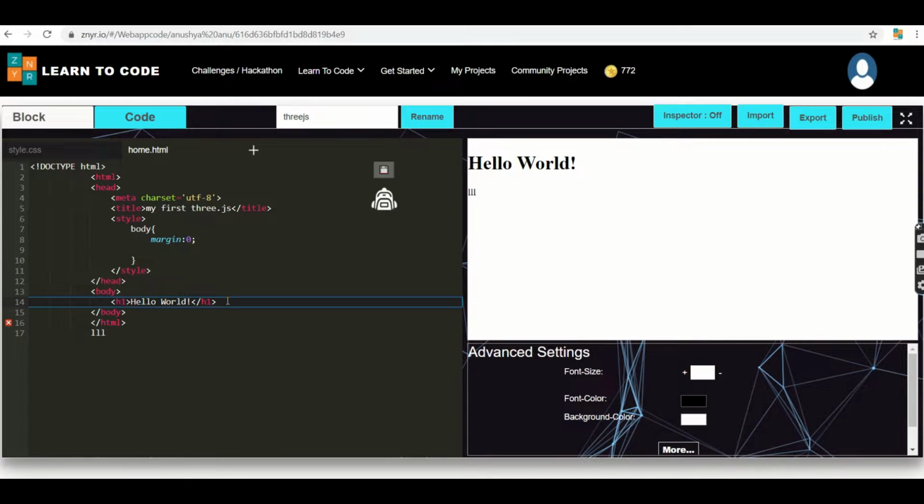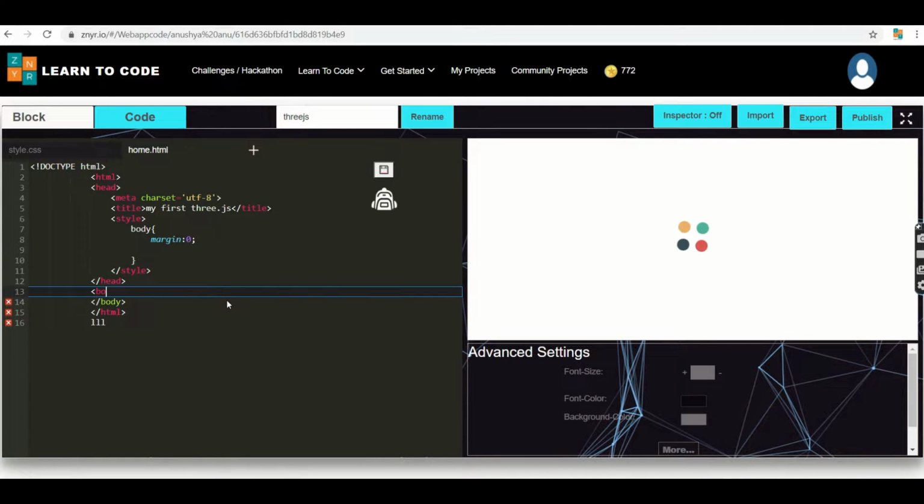Under the body part, I'm going to use the Three.js functions, and I'm not going to use any HTML part in this. So purely I'm going to explain with a simple Three.js part, where I'm going to make a script source, which is equivalent to js/3.js. So next I'm closing this script part.